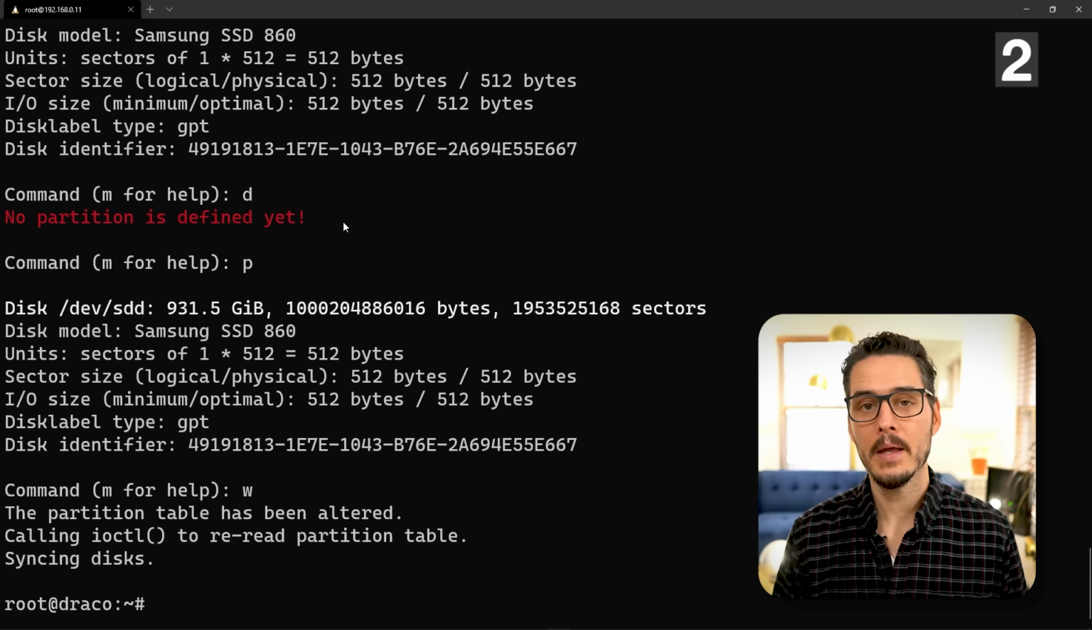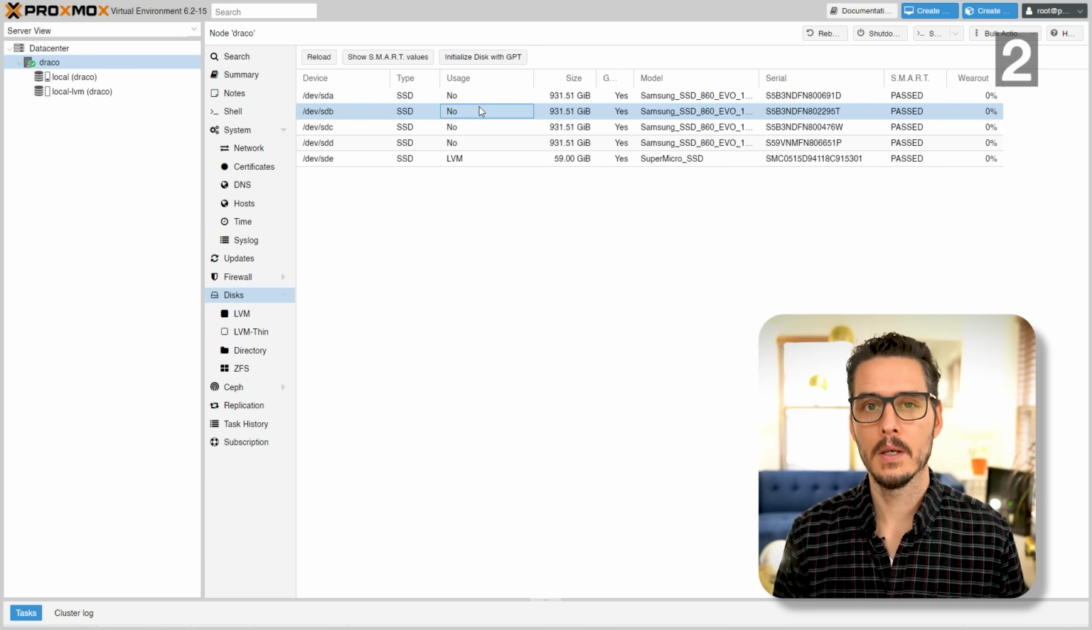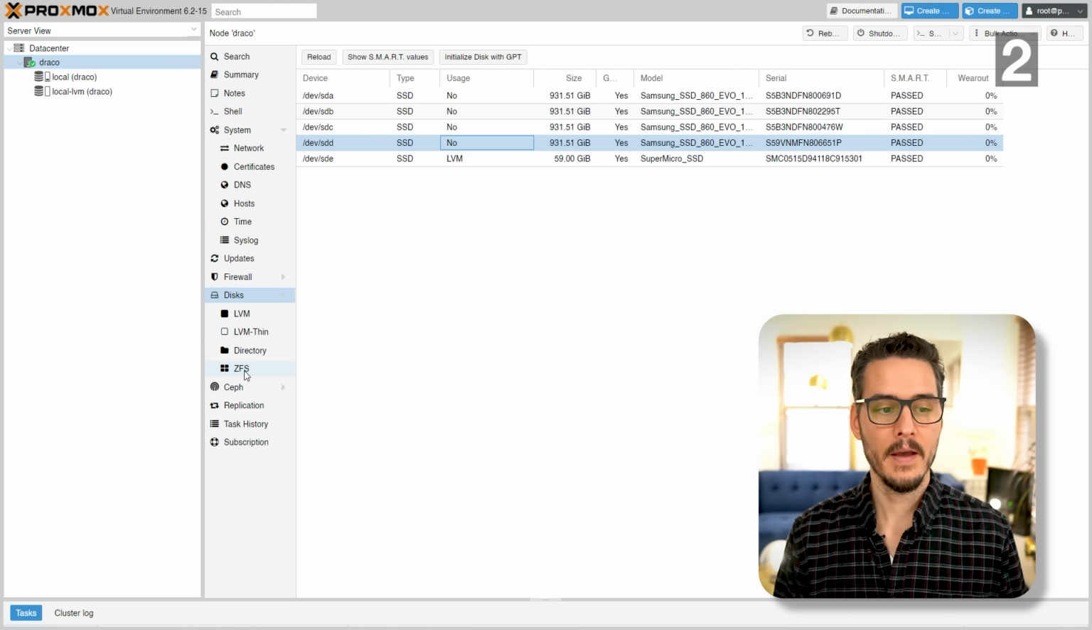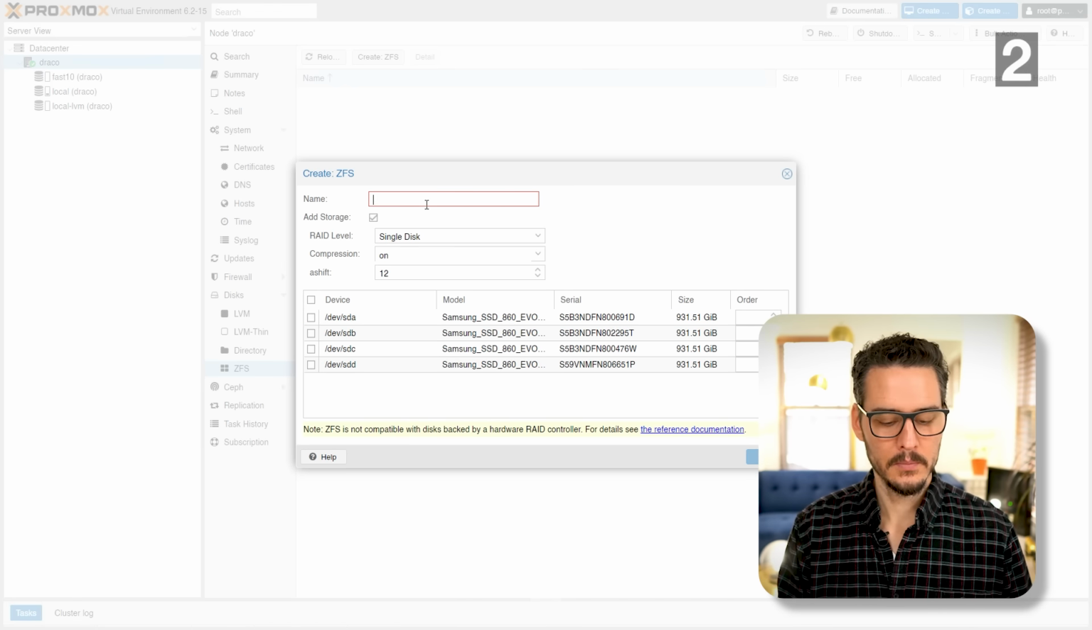And after we've done all that, we can go back to the Proxmox UI, and if we reload our Disks page, we see that we now have the option to initialize these disks, but we don't want to do that. So let's go back into ZFS, let's create ZFS, and now you can see I have all 4 disks available. So let's name our pool. I'm going to name mine